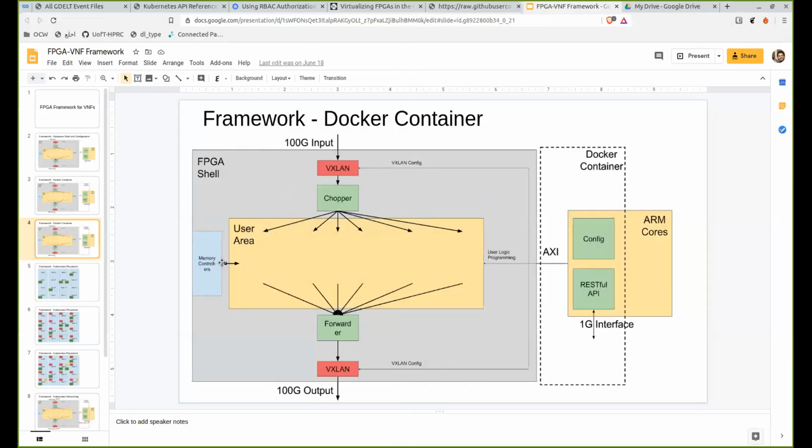Okay, so this is essentially what we have in our work. For example, we have those green things, the config and the RESTful API. Those are software components that we run on our ARM core. And then we have this FPGA shell and a user-defined hardware that are on the FPGA. And what we do is,